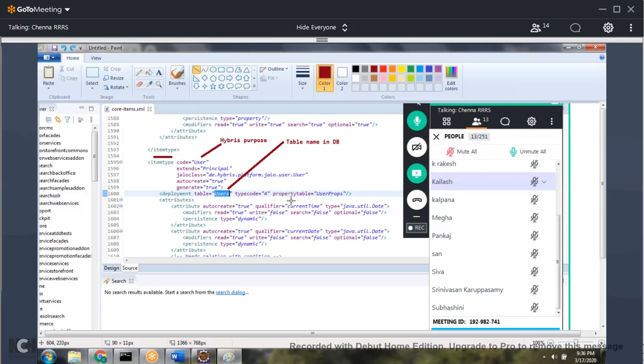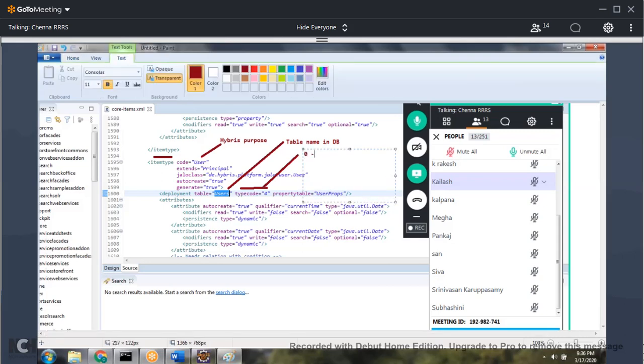If you see here, deployment will have the type code. What is the type code? It's a unique number we are giving to the table. This number range is 0 to 32,767.